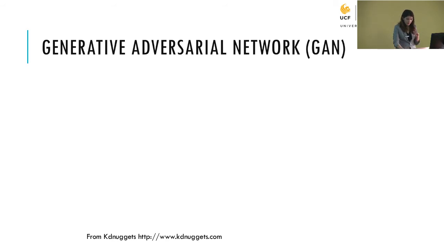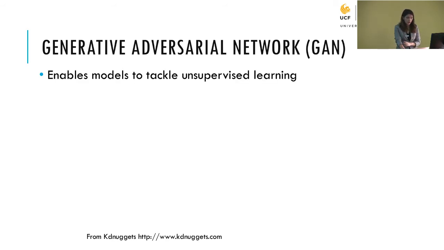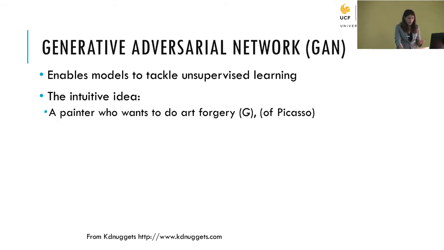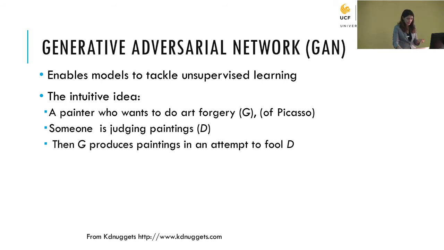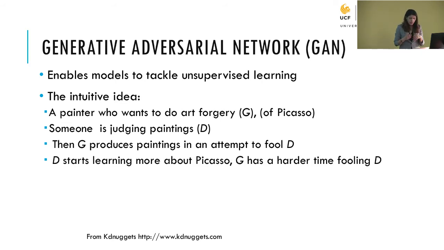So this is just an introduction to what a GAN, or generative adversarial network, is. This is just an intuition behind it. For example, assume you have a painter who wants to do art forgery; we call this G. And we have someone like an art critic judging these paintings; we call that D. So G produces some paintings to fool D, and so D needs to start learning more, for example, about Picasso,